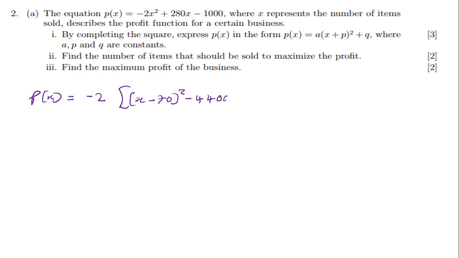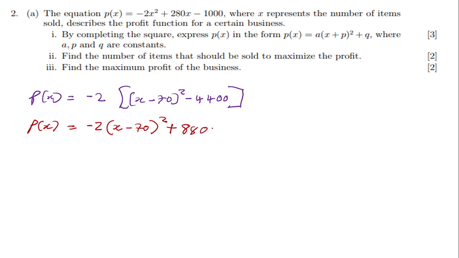So you're going to multiply that -2 by everything inside. You're going to have P(x) simply equal to this times that. Those are protected, so -2 will just remain outside, and then 70 squared, and then this times that is going to be positive